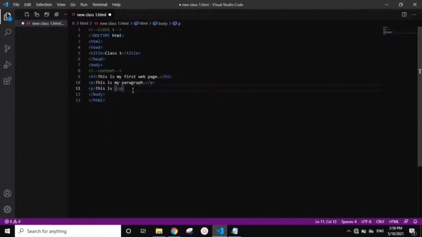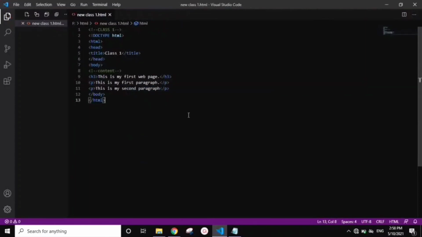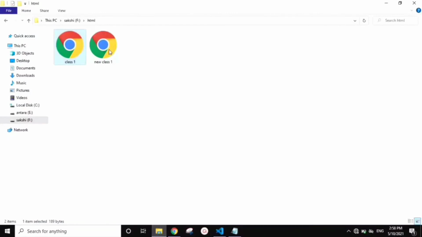So this is my second paragraph. Let's say this is our first one. Once saved, let's go here. Our new class has appeared. When you double click, you can see that our second paragraph has also appeared.